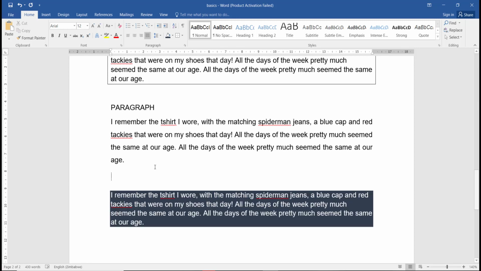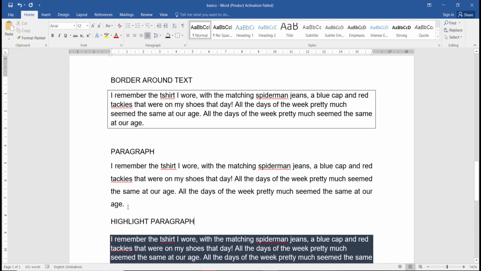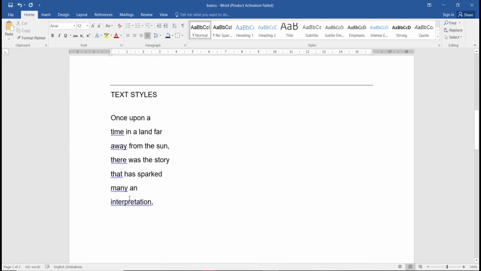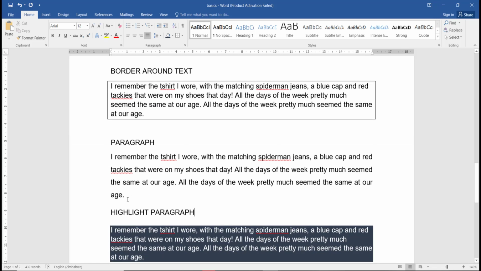Maybe this paragraph, we can say highlight paragraph, like that. So what this then means is we have highlighted the entire paragraph, or we've put a back color to our paragraph. The next section we want to actually work with is now our